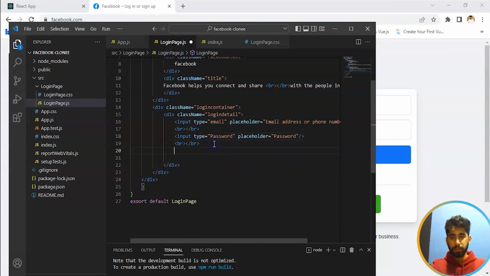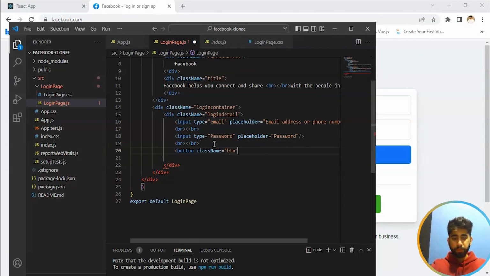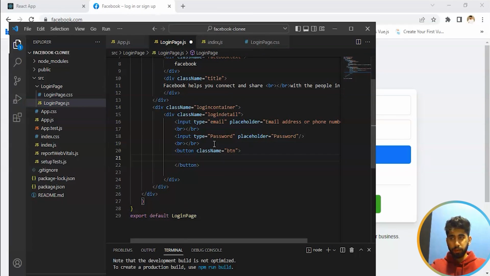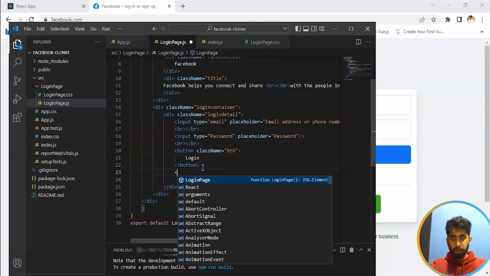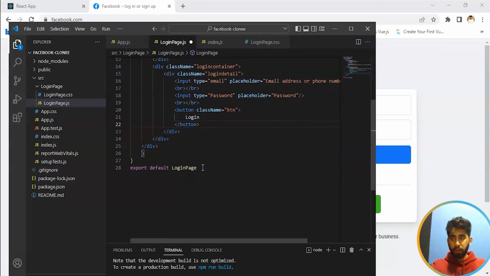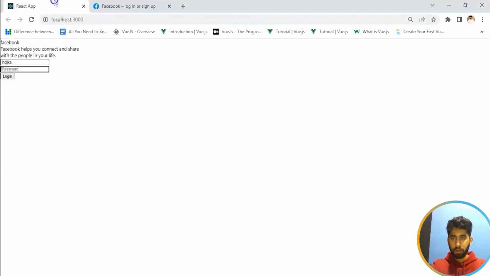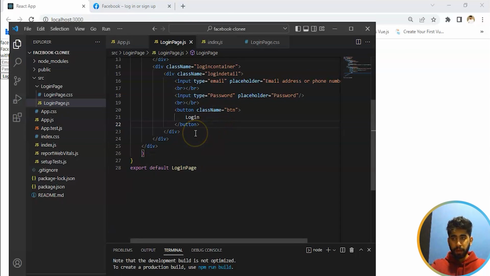After creating this placeholders, we are going to create a button. For that, let's create a class name of button. And here we're going to write. Let's just do this button. It's created or not? Let's create it. Okay, now coming back to the code,